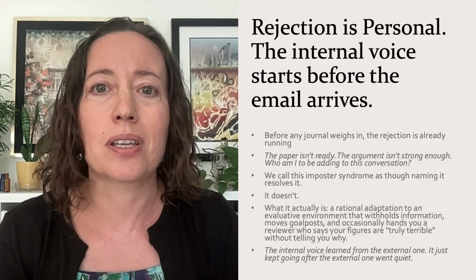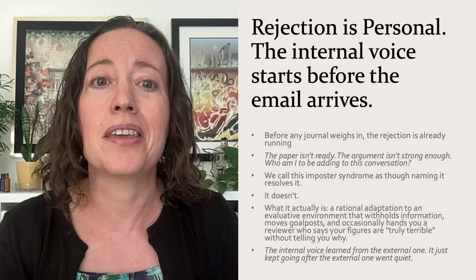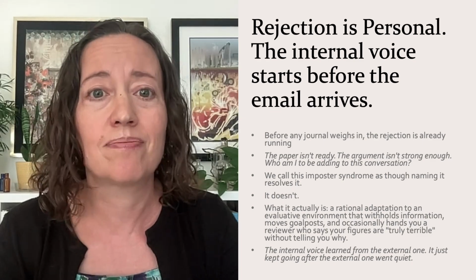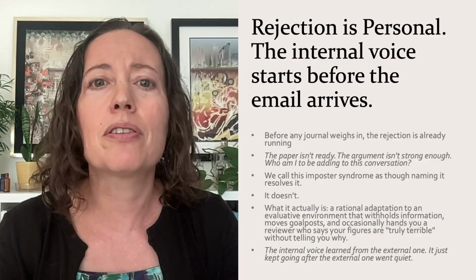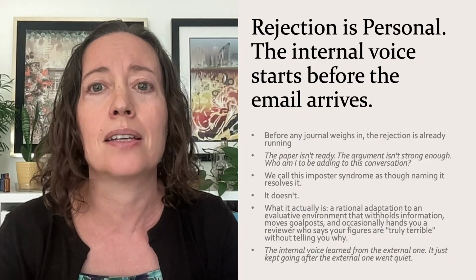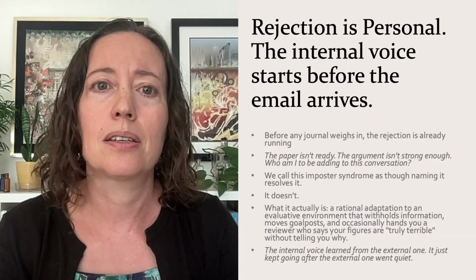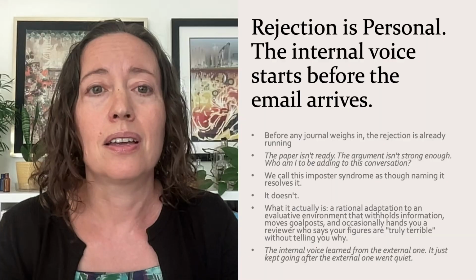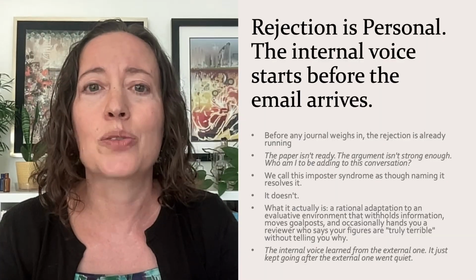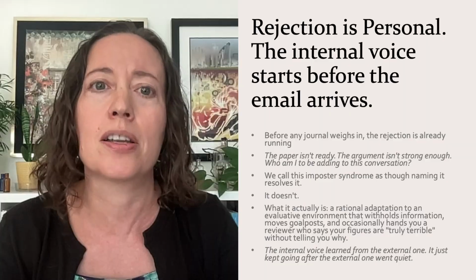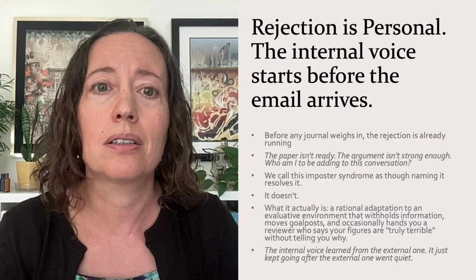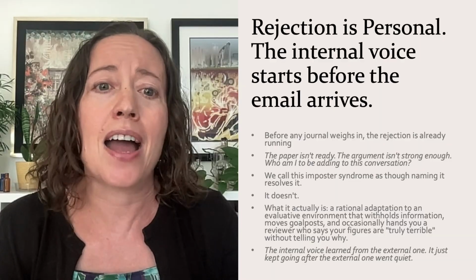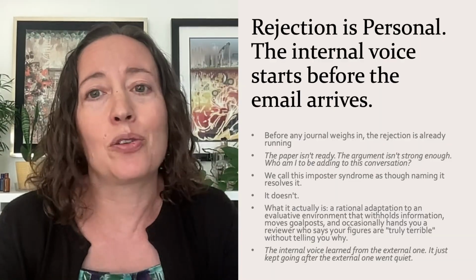I stared at those 4 sentences. I went through the sequence I think most researchers go through. Defensive at first, then angry, then afraid. Because what if reviewer 3 was right? What if the other 2 were being kind, and this one was being honest? That sequence, defensive, angry, afraid, wasn't my personal failing. It's what happens when feedback arrives without context, without accountability, without the basic courtesy of specificity. I can't revise "truly terrible." I can only absorb it.